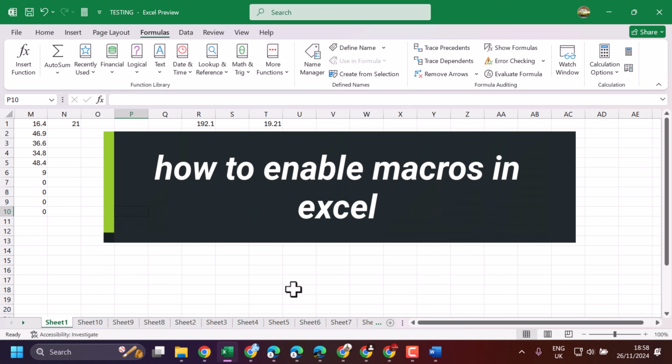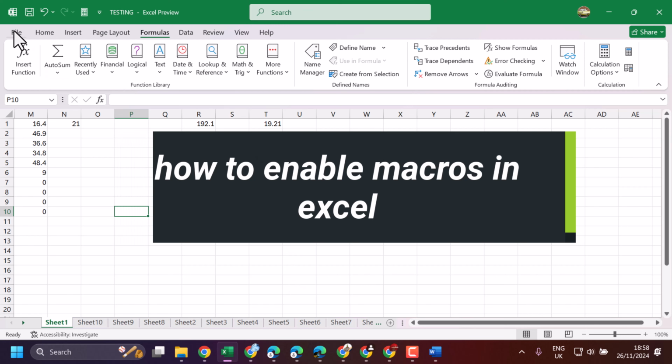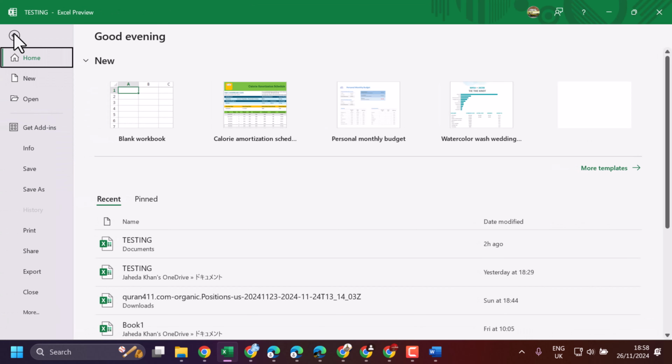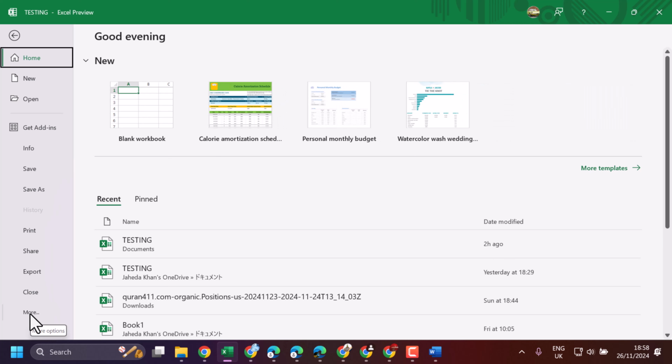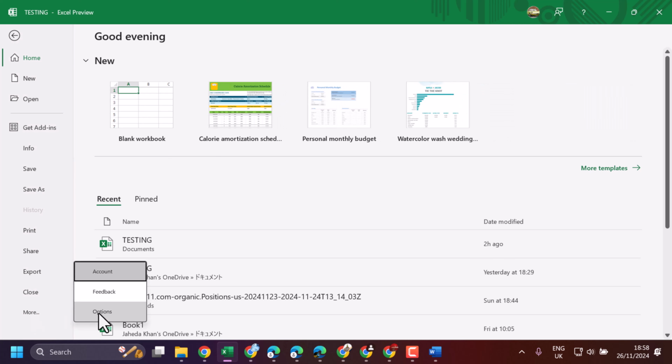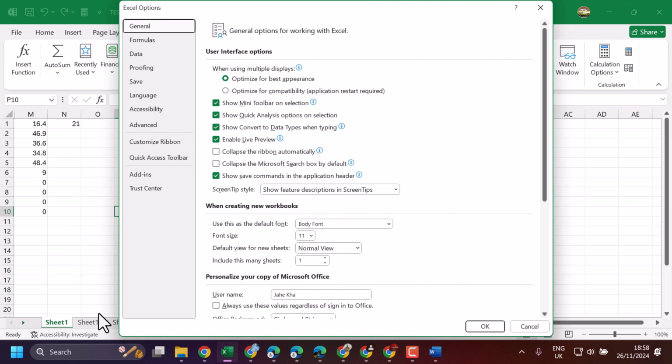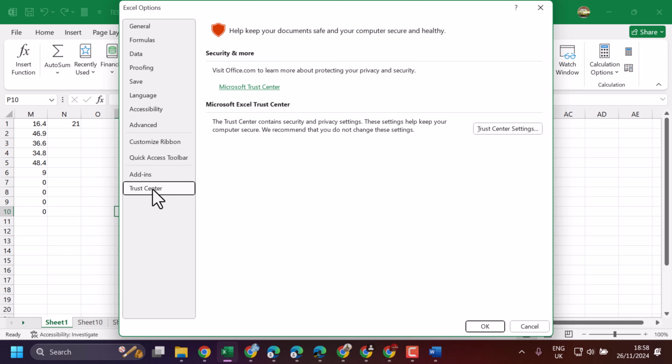In this video, I will show you how to enable macros in Microsoft Excel. So click on File, then here click on More, then Options. Now here is the setting Trust Center, click on it. Here click on Trust Center Settings,